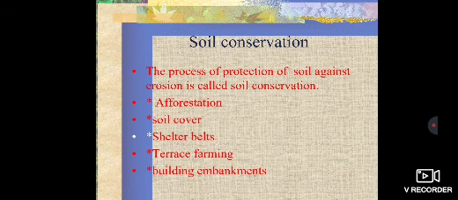And the last method for soil conservation is building embankments. When a river overflows during rain, it causes a lot of destruction to the fields and crops. To control this, boundaries or embankments are built around a river to stop water from coming into the fields and causing soil erosion. So students, this was all about the soil, formation of soil, soil erosion, agents of soil erosion